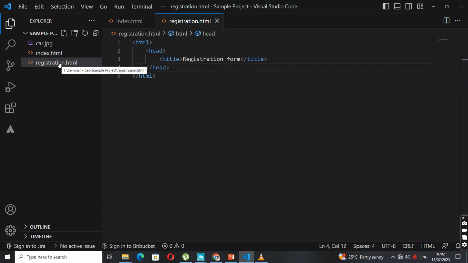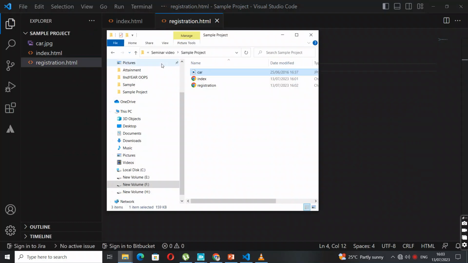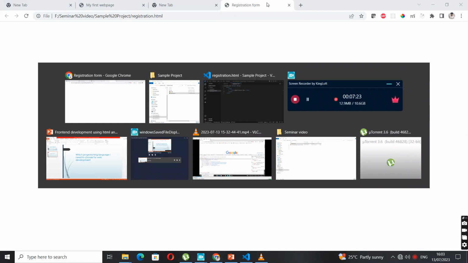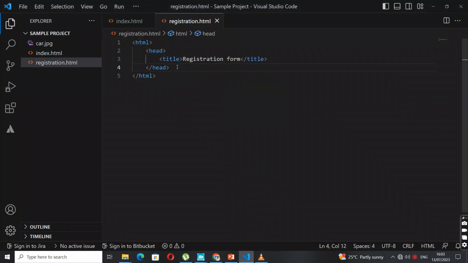Now we check the output. Now I enter on this page. Wow. Now the registration form heading is created. Now we are going to add the body tag. Body. Within this, for the registration page, what are the things we have to create? Input tags, but at first we have to give the title, called registration form. Then we have to create the input fields, radio buttons, likewise. Okay, so first I am going to create